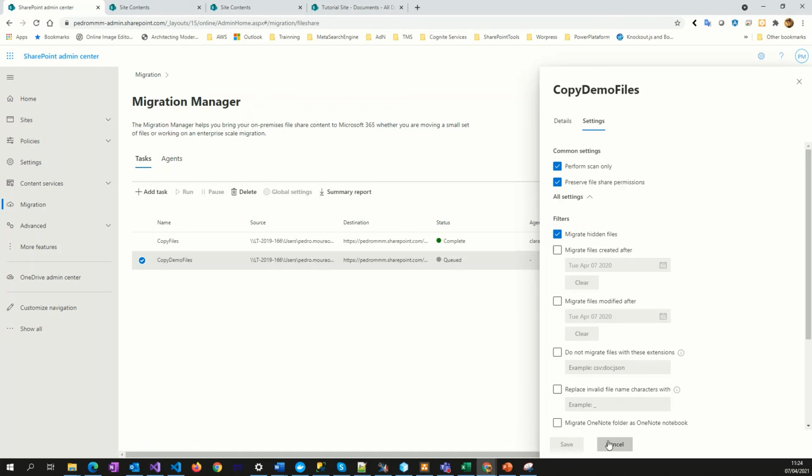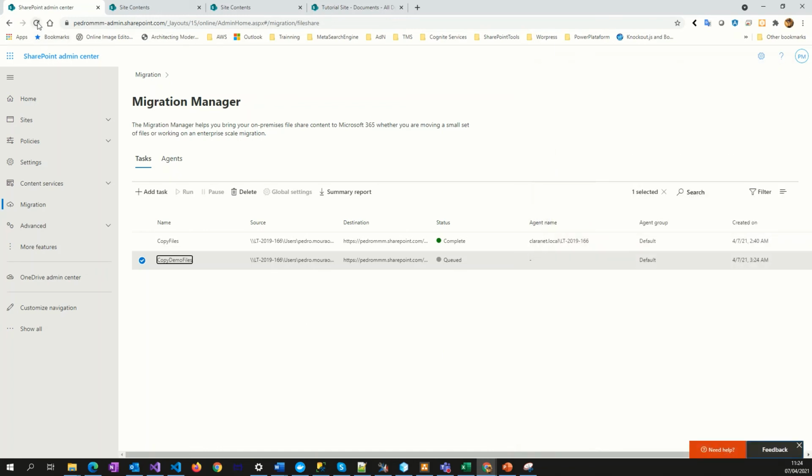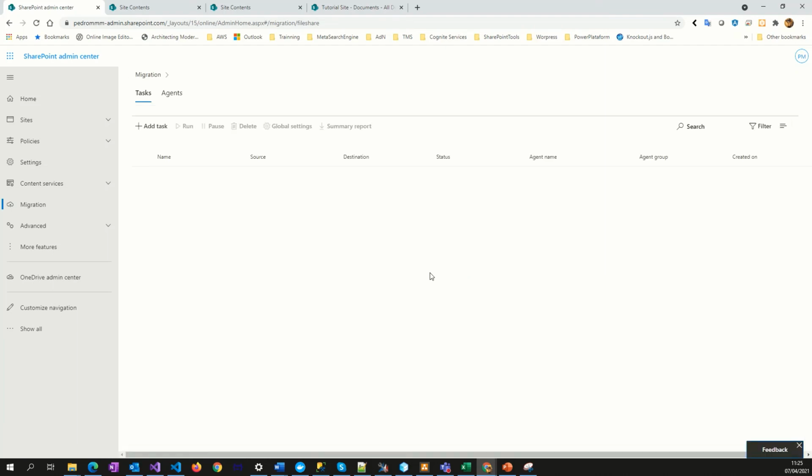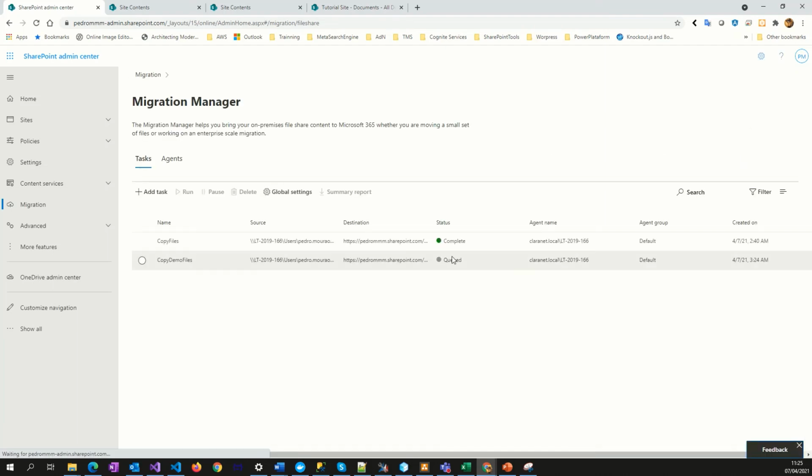So let's see, refresh, because it's annoying, it's not refreshed by itself. We can refresh it, and after that we can see it is queuing, right?